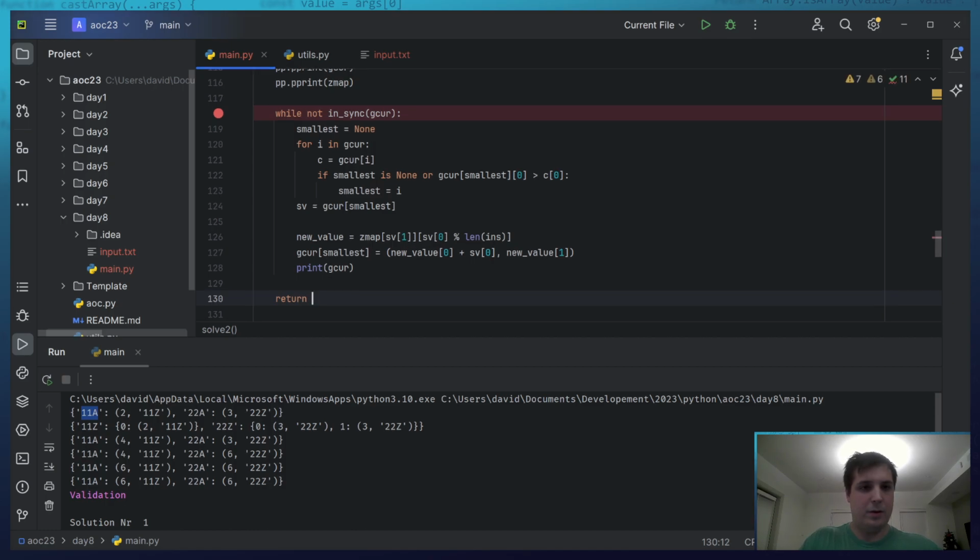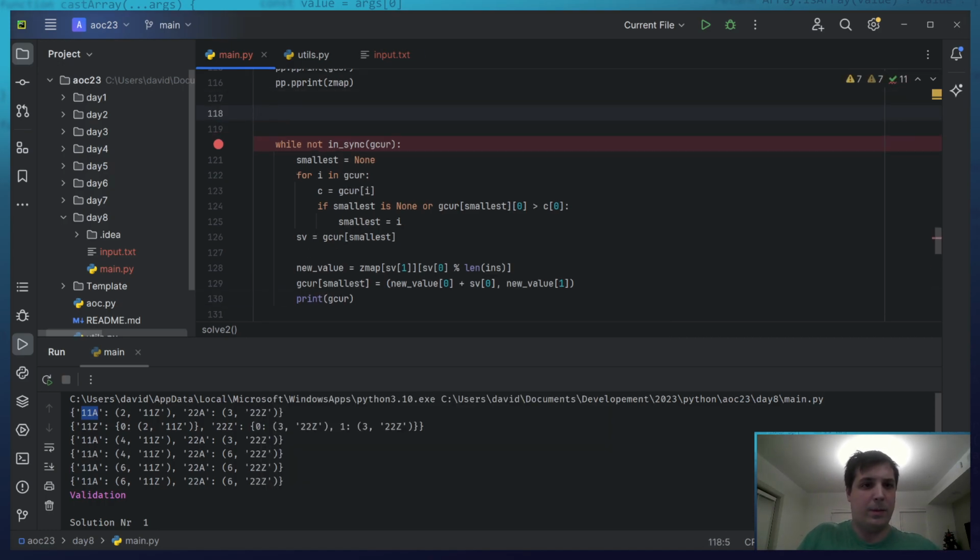Return G cur. Can I just keep the value? Overall step equals 0.